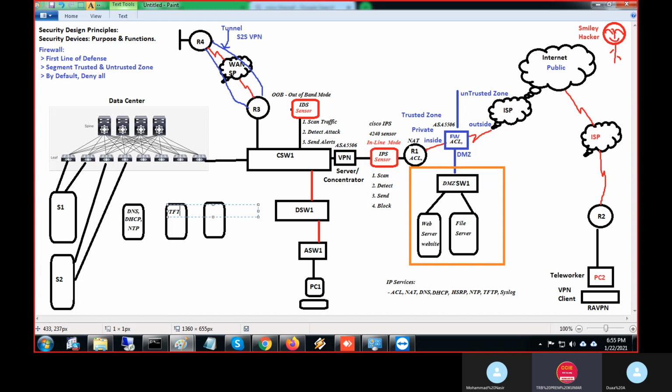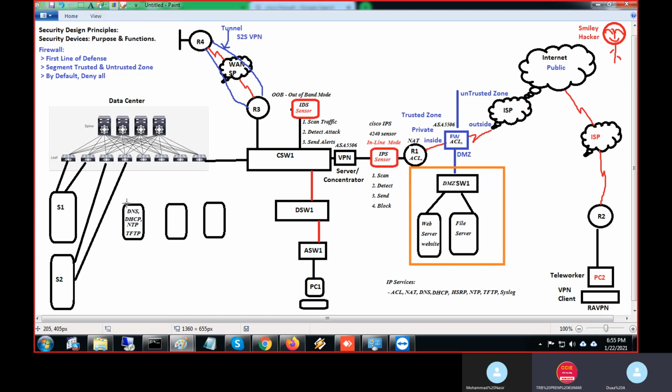Understand? Yes, sir. What is the use of TFTP? In TFTP, we'll have all device configurations available. For example, one router got burnt and you put in a new router. You don't need to configure it again. The configuration will be on this server. You copy from here, and with just one command the whole configuration comes back to R1. That's TFTP, Trivial File Transfer Protocol. Like that, so many services are there.